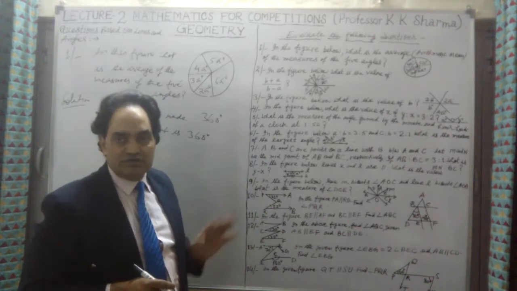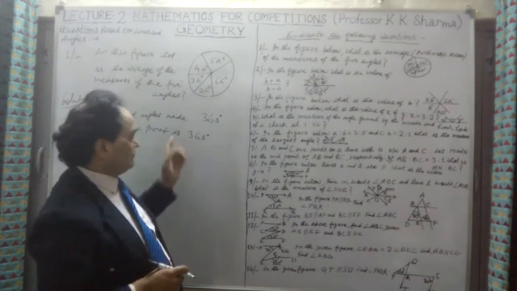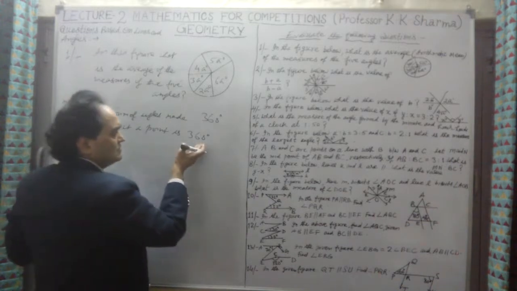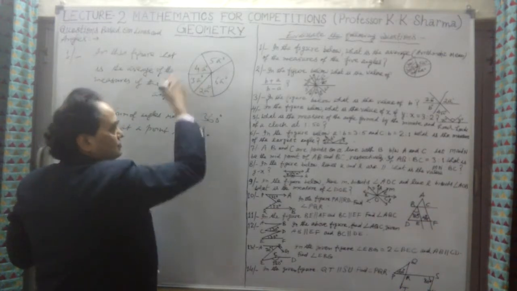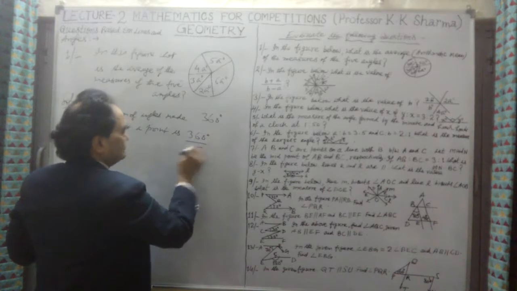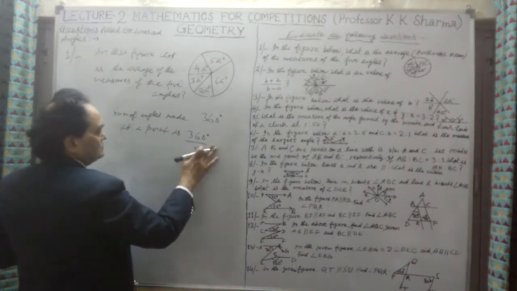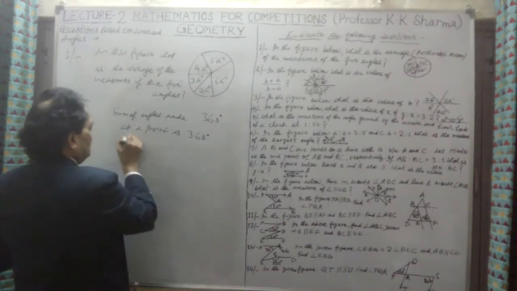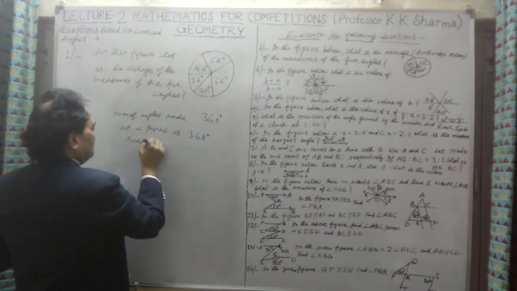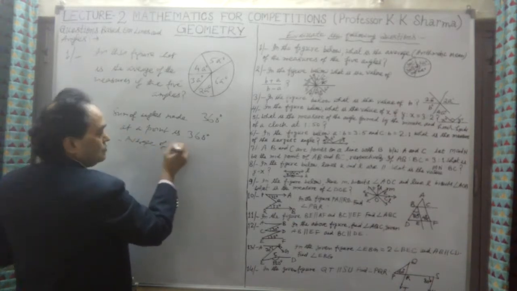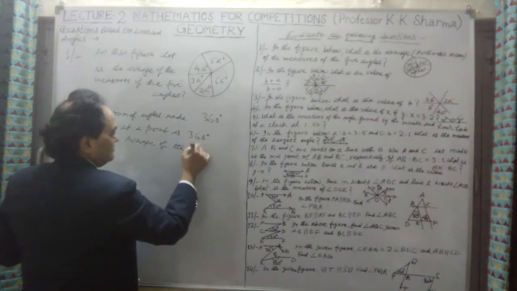We can find out A degree is equal to what? We have to find out average. Just write 360 degree, total sum of all these angles, divided by 5. If we divide, this is equal to the average. Let me take here. So therefore, average of the 5 angles